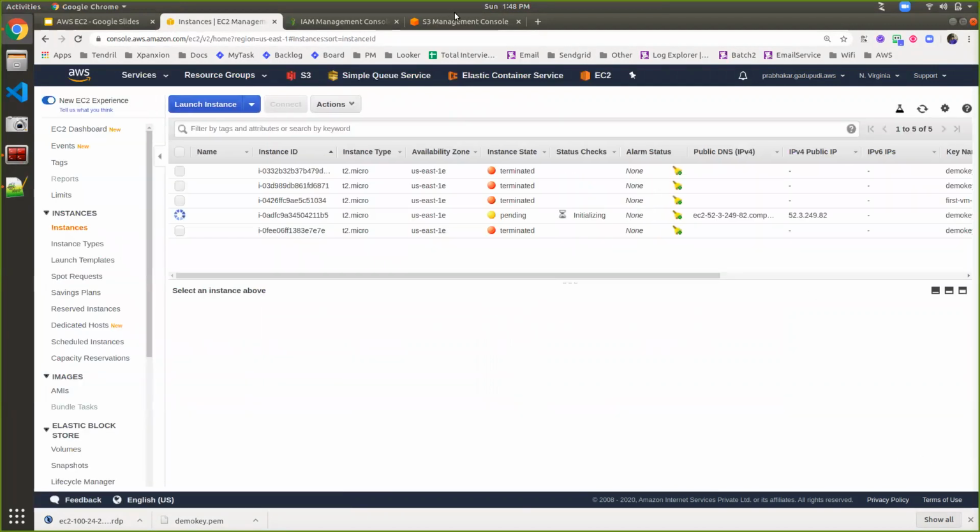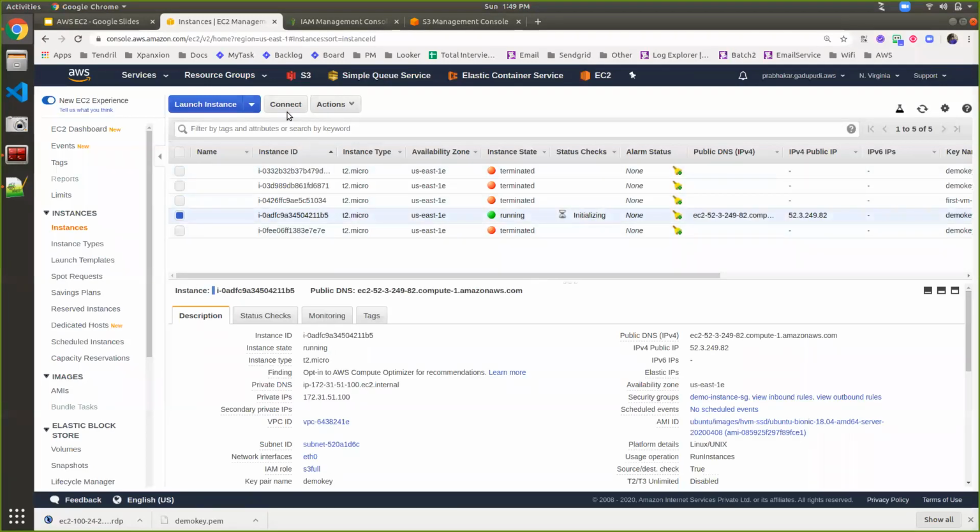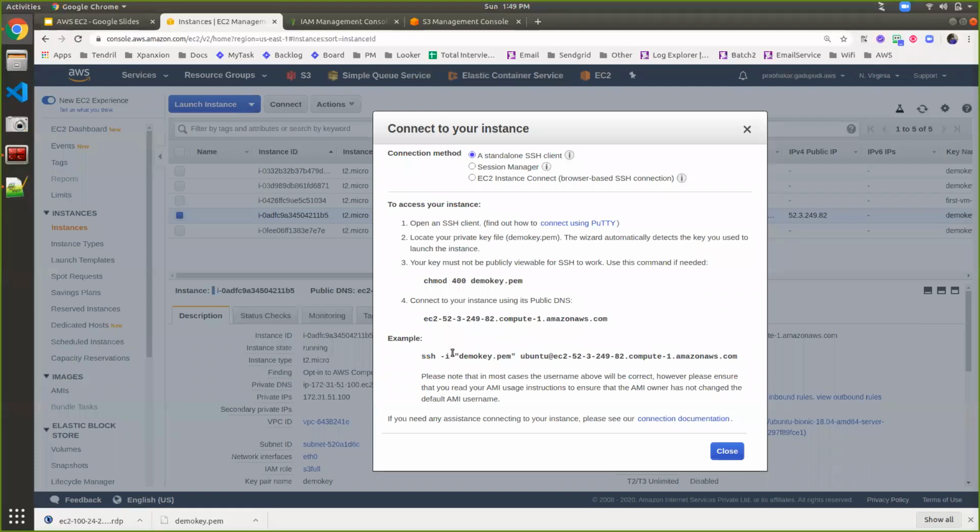Now my instance is created. After creating the instance, I'm going to configure AWS CLI S3, and inside that, I'm going to create a custom image by using this instance. After successful configuration and installing all the dependencies, next time, instead of creating a blank VM, I can create my instance from the existing image. Now this instance is successfully running, so let me connect to that instance for installing the required dependencies.